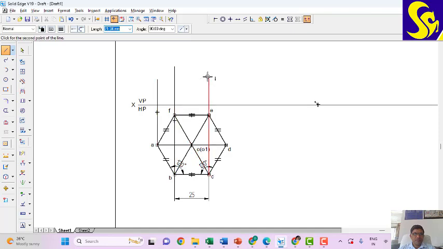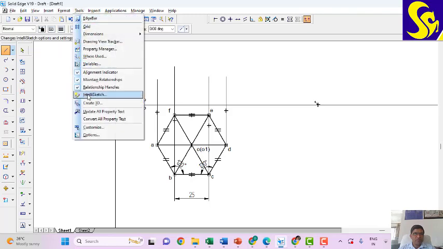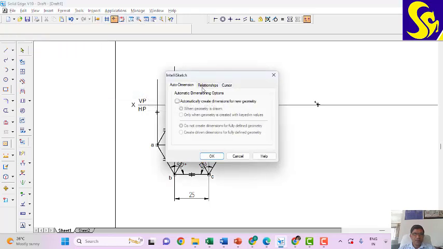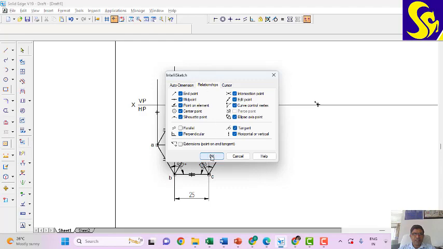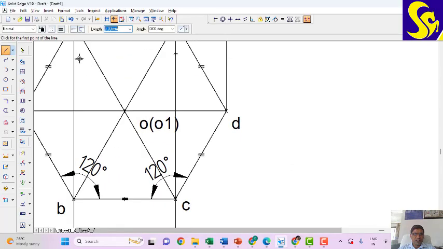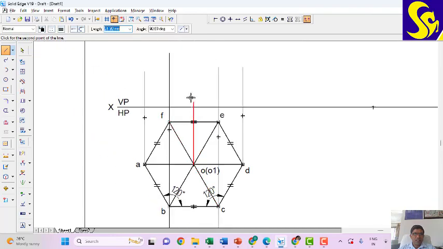I'll use the Intellisketch end of the line and I'll draw vertical projectors, and even from the intersection point. You'll have to ensure that in the Intellisketch relationships, intersection is on. They can have the intersection point, or in this case it can be the midpoint as well. I'll just project that also above the XY line,